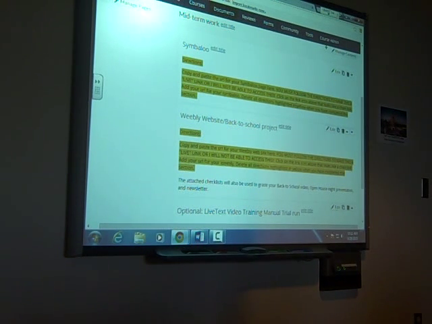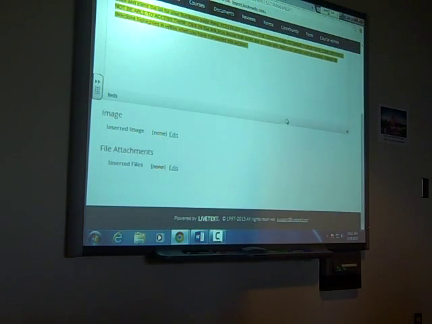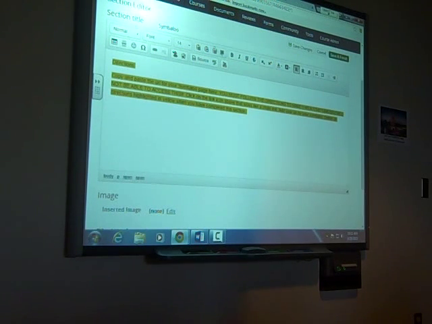You're going to click on, let's just all go ahead and click on the edit button that's beside Symbaloo. Not edit title, edit, over here on the right hand side. Now, you still see the directions. They're highlighted in yellow. I'm going to start right here. It says click on the link icon above that looks like a chain link. So it looks almost like